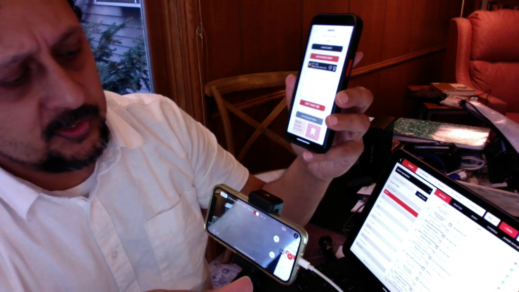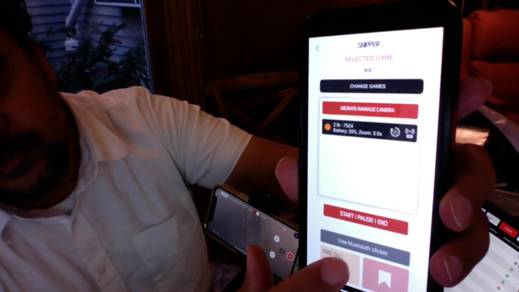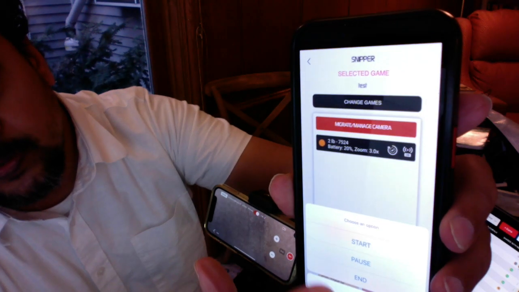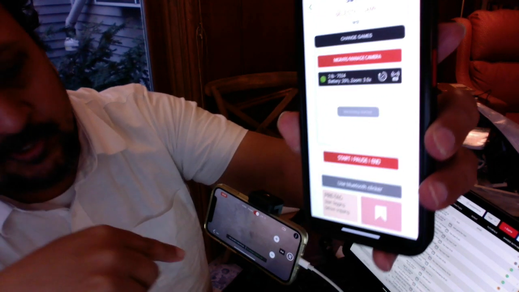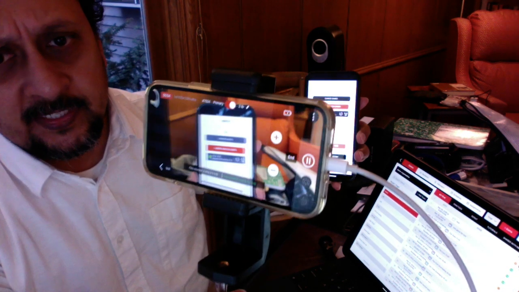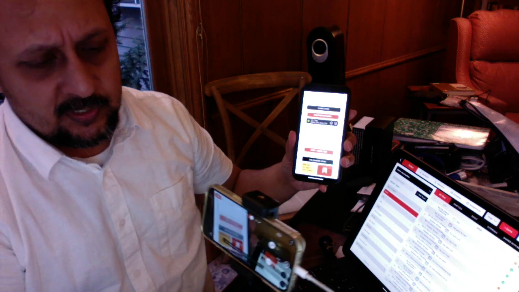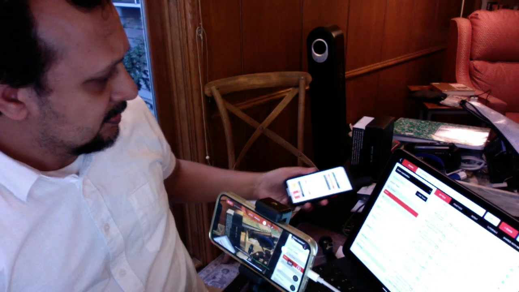And when you're ready to start recording, you're just going to hit Start, and it says Start, pause, and end. I'm going to hit Start, and that starts recording. You can see this one started recording. You can see that now. So that's how you remotely start. If you have two cameras there, those will both start. All right, now that that's done,